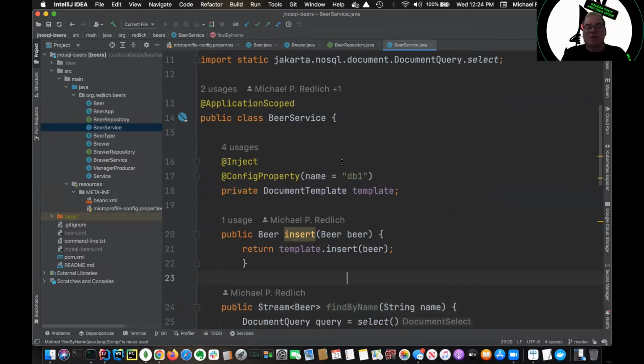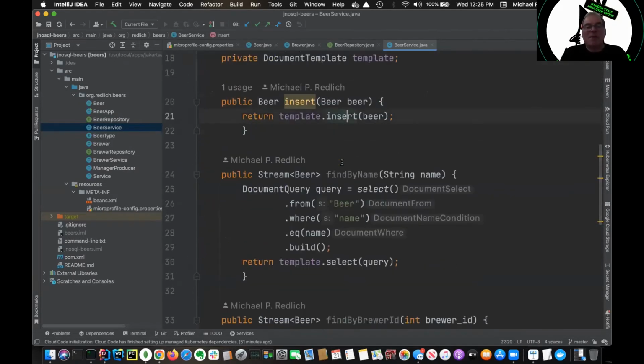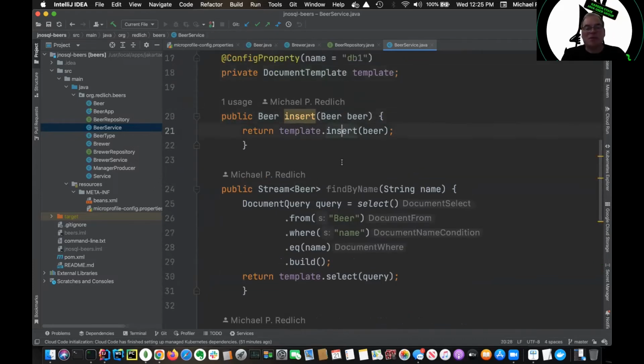You have an insert method that would insert a beer into the database. So basically you would just say template, based on this right here, dot insert, and then the beer. Very, very straightforward. And then findByName